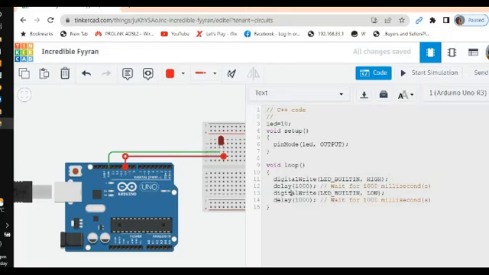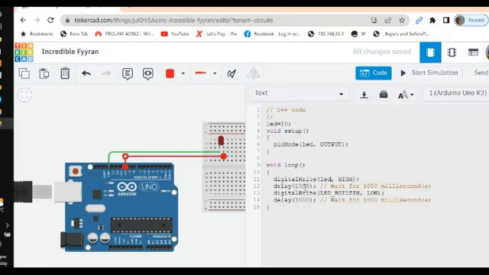Now under the void loop, digitalWrite, meaning since it is already a complete circuit, we just tell the computer to push the current. So LED, to let the current flow to LED, HIGH, meaning 1, or a high current that will pass through the LED. It will cause the LED to glow, and then